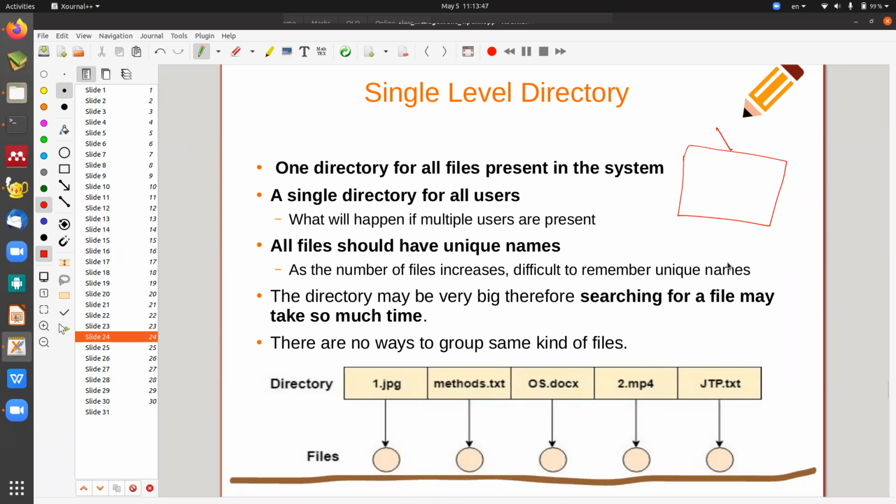Then the second level directory structure was developed because of this problem. Second level में क्या हो रहा है? वो बोल रहा है कि for every user he has created a directory. Means if you have U1, U2, U3 as the 3 users created, then he creates separately one directory for each. But under that directory, you cannot create a directory. Means what? You have only created how many boxes? 3 boxes, and each box is allocated to each user.